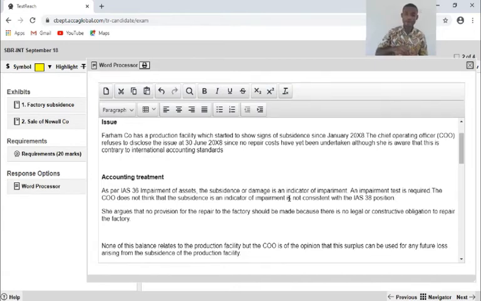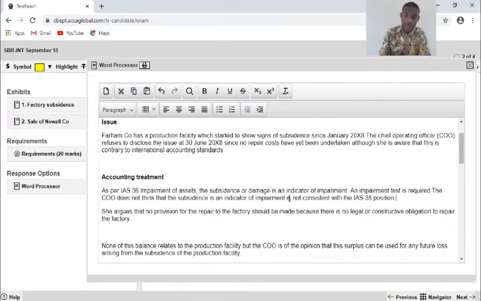Because I have already copied the content, I'm now blending it into my answer. When you have only copied the content without rewriting it to suit your answer, you're not going to earn marks, because it's the exam. Believe me, it's not copy and paste, but you are using the content of the case in developing your answer. And look at how I've done it.